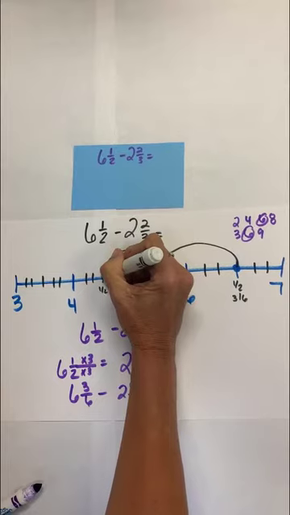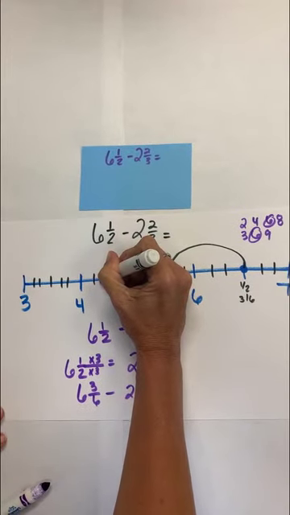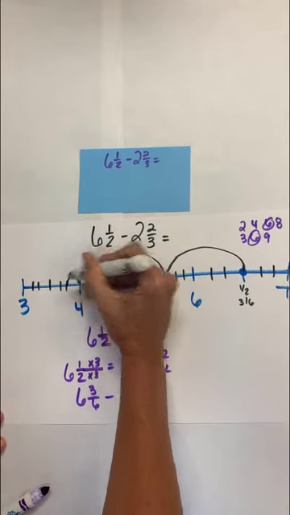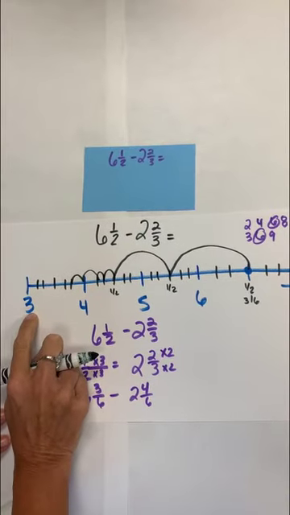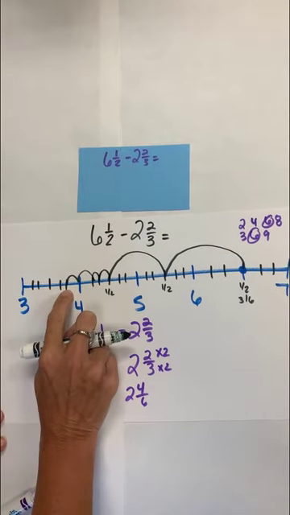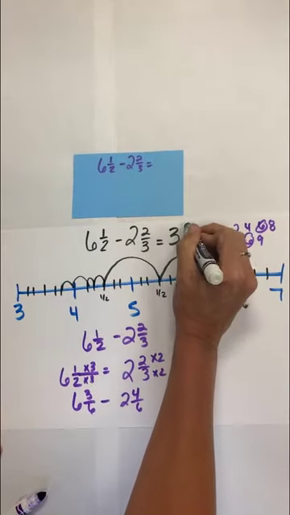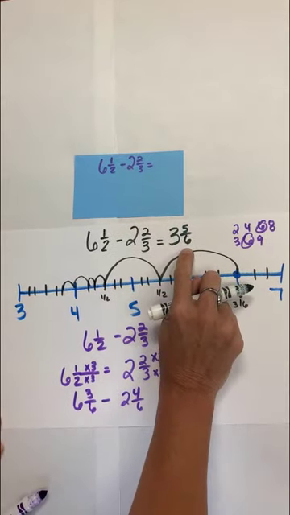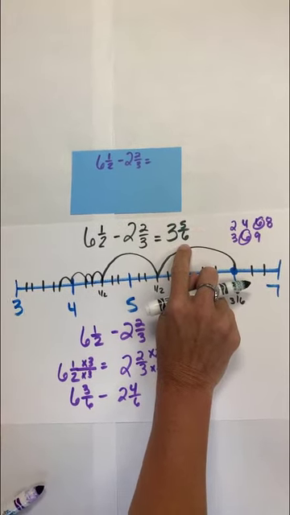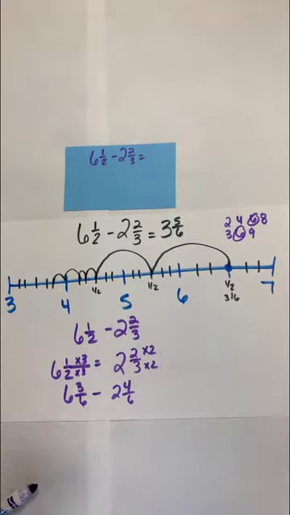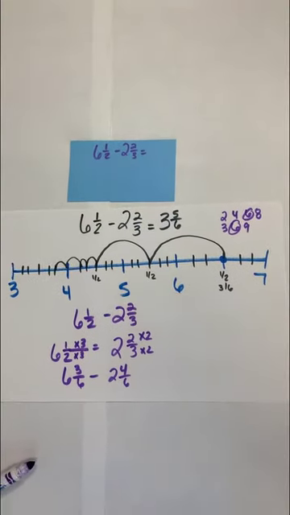So this makes it really easy. I can just jump back 1/6, 2/6, 3/6, 4/6, which gives me a difference of 3 and 5/6. And that cannot be simplified because there are no common factors of 5 and 6. All right, so let's move on